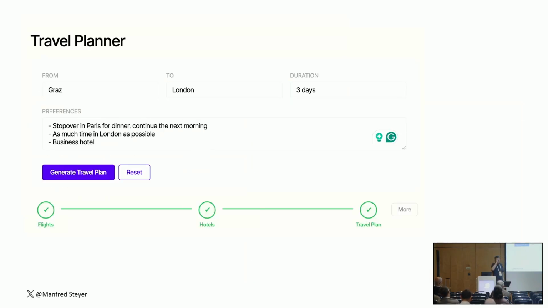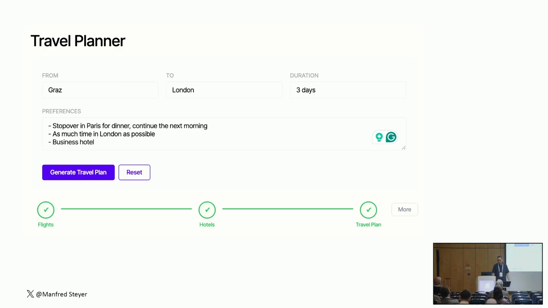Another way we could catch the intent of the user is a mixture of structured data and unstructured data, like here when it comes to a travel planner, where I fill out I want to go from A to B, but I have some special requests, like a stopover in Paris for dinner. I mean, who is not doing this when flying from A to B, stopping over in Paris to get some dinner?